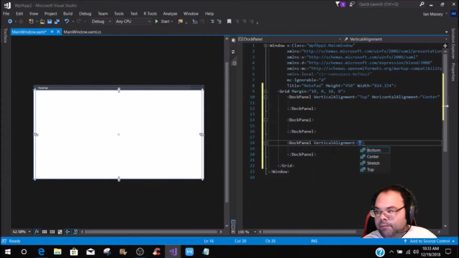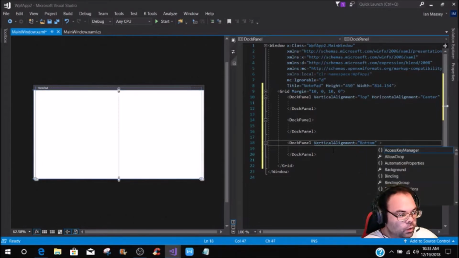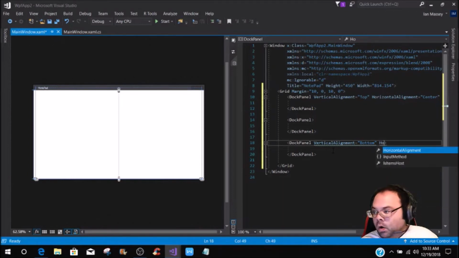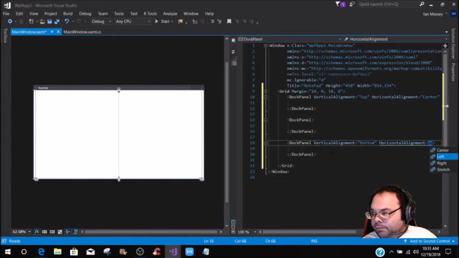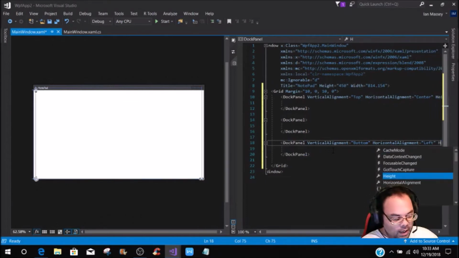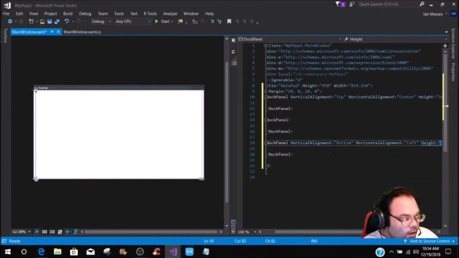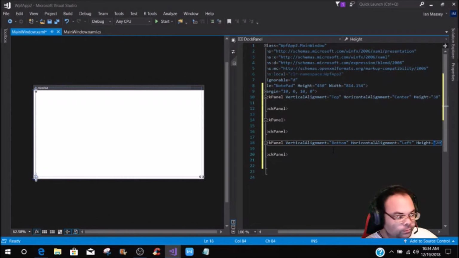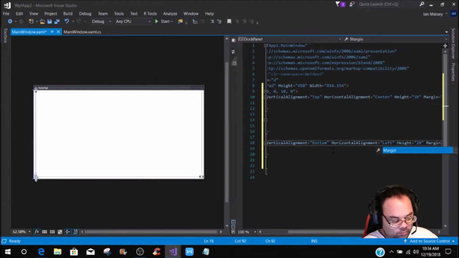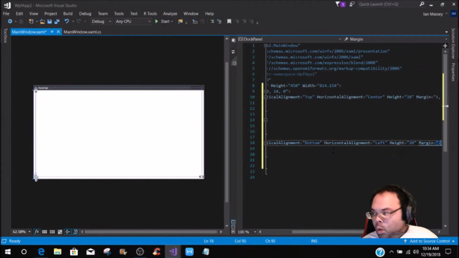So this is going to be a vertical alignment of bottom, and it is going to be a horizontal alignment of left, and then it is going to be a height of, I'm kind of looking at my notes right here, and this is going to be a height of 20, and then this is going to have a margin of 1. Okay, now